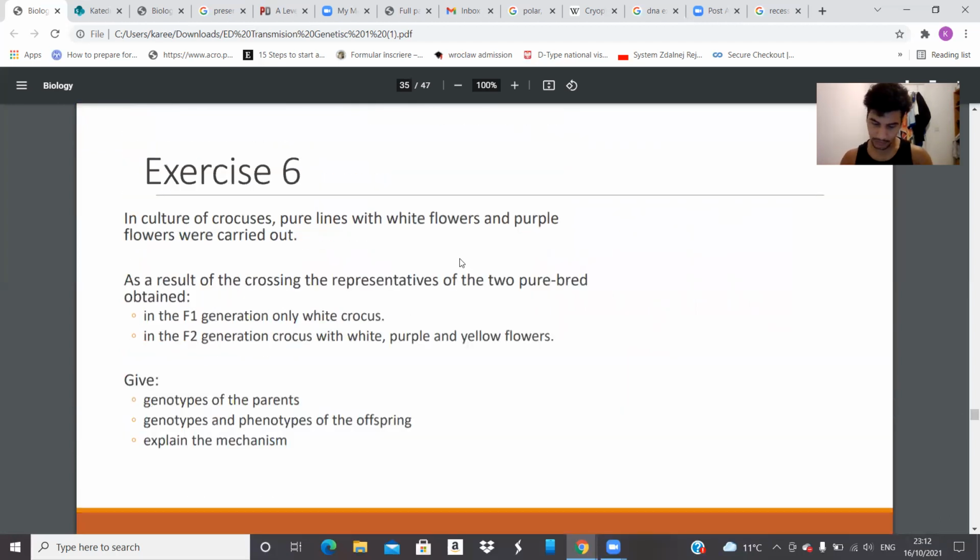Exercises, last point, and then we'll go to maternal, but that's not much. And you have Haytham's video. Okay, so in a culture of crocuses, which I think is a flower, pure lines with white flowers and purple flowers are crossed. As a result of the crossing of the representatives of the two purebreds, first of all, it says in the F1 generation, there's only white crocuses. Interesting. In the F2 generation, when you cross two of the F1, you get white, purple, and yellow. Now, how many